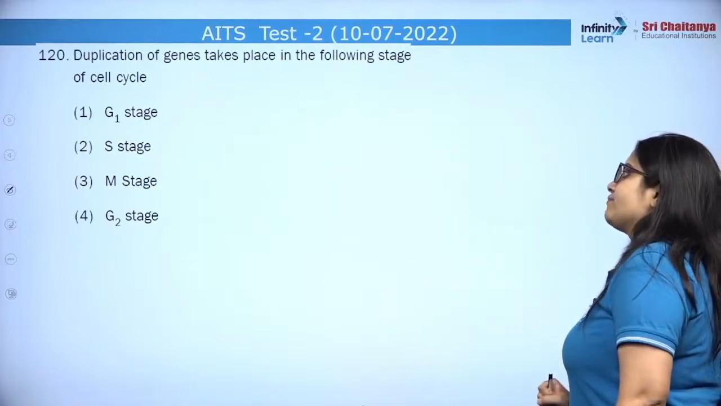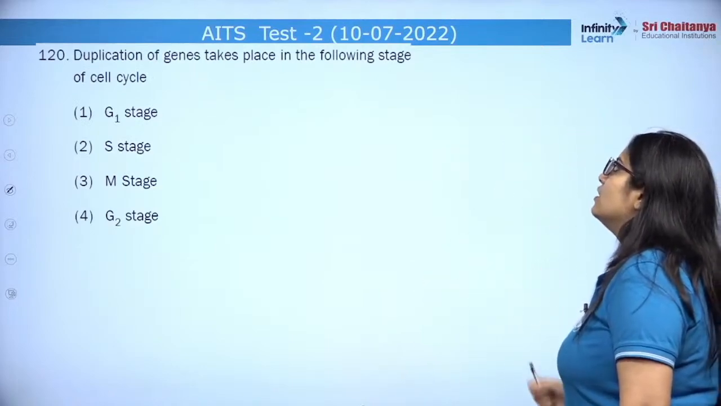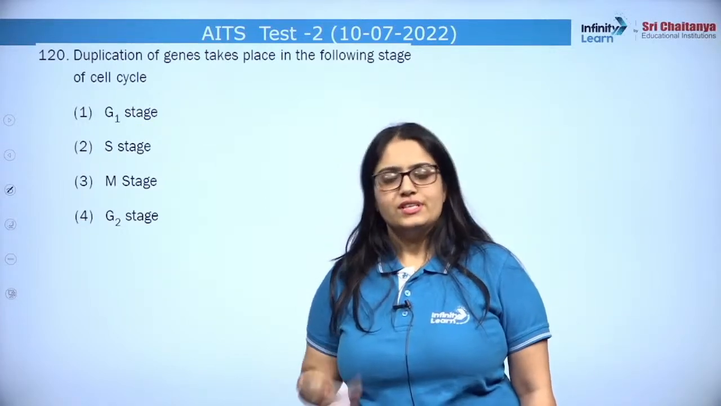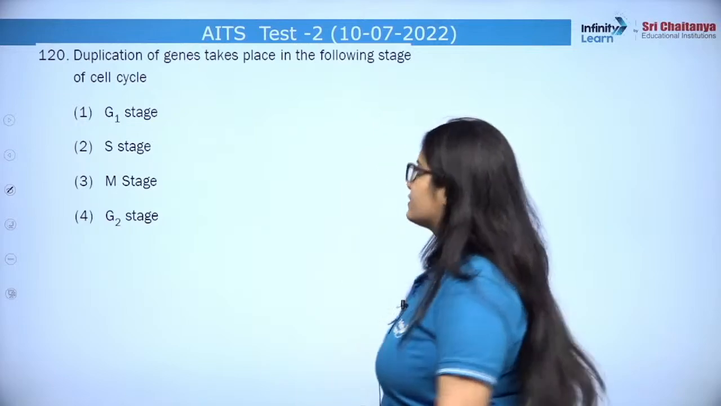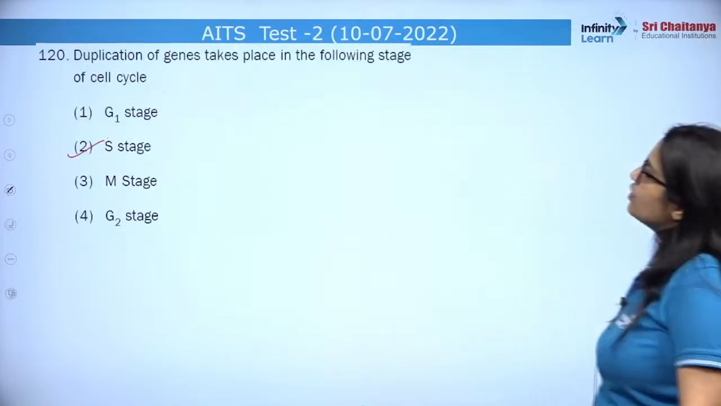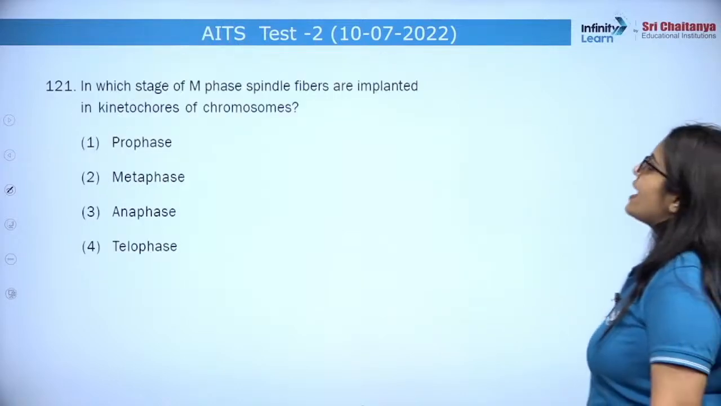Duplication of genes takes place in the following stage of the cell cycle. Duplication of genes, DNA formation, DNA synthesis. This will take place in S phase or S stage. Next. In which stage of M phase